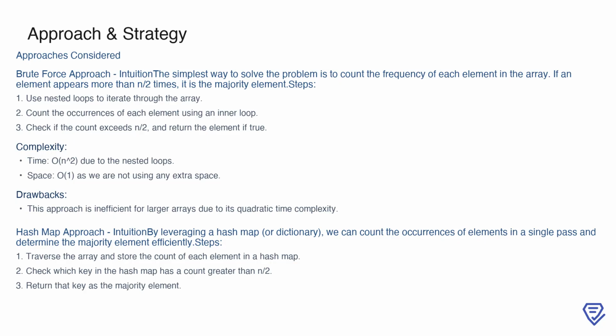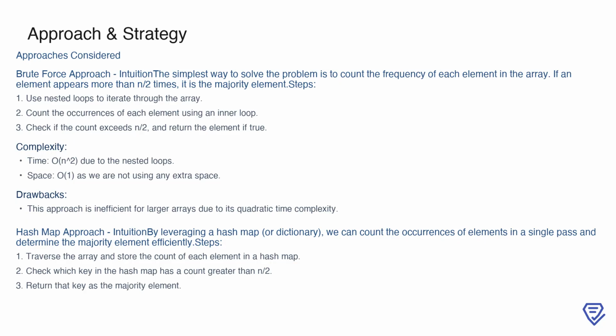Another method we can consider is the hash map approach. By using a hash map, we can count the occurrences of each element in a single traversal of the array. As we traverse, we store the counts in the hash map, and at the end, we can determine which element has a count greater than n/2. This method is a more efficient alternative to brute force, as it avoids nested loops and reduces the time complexity